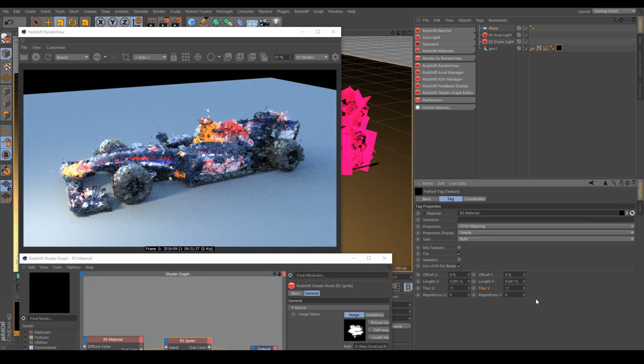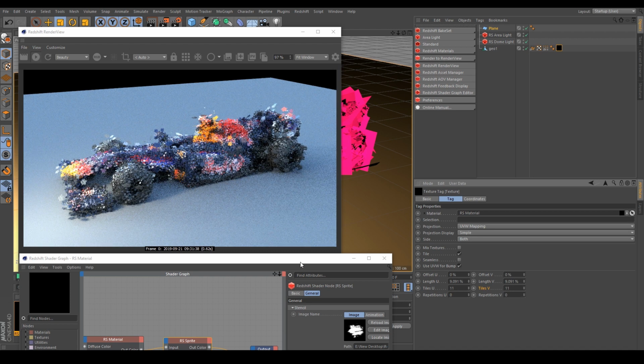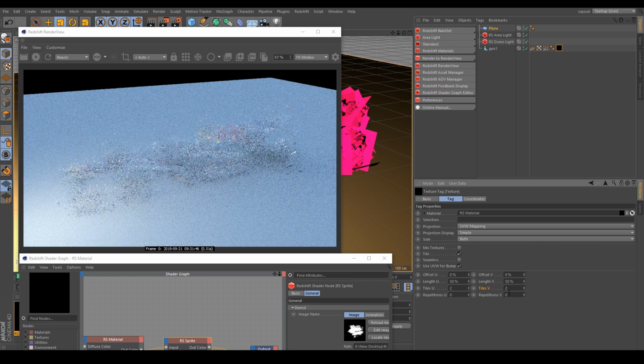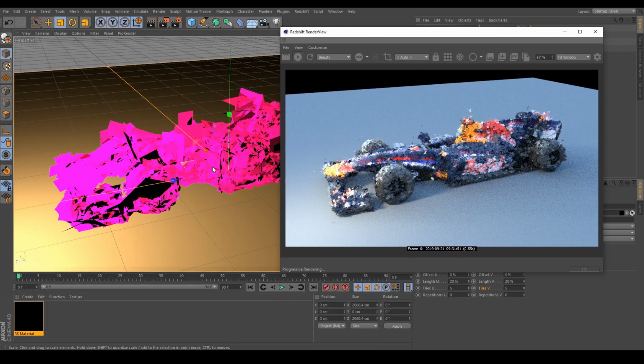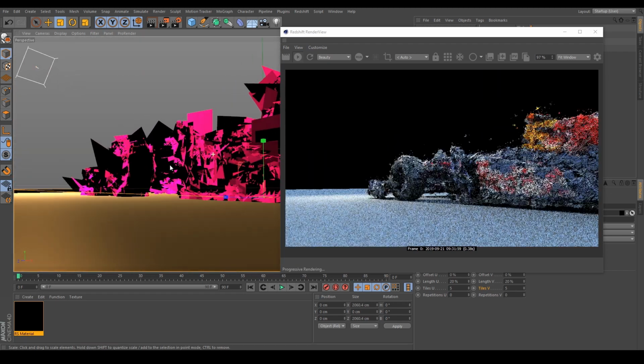So right now we can see that our strokes are a bit too small, but it looks still fine. It could be used for some different kind of effect, but you have to play around with these values because it greatly depends on the grid size that you exported from Houdini. So that's pretty much it.